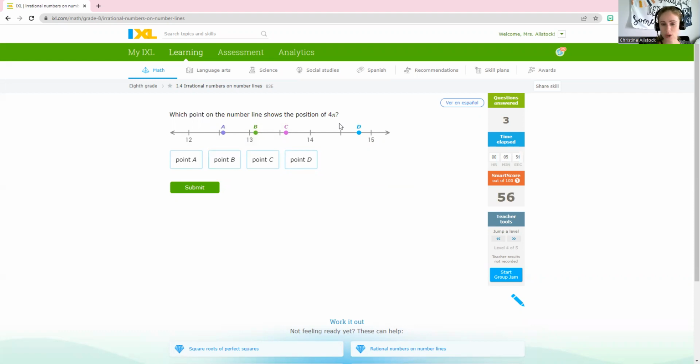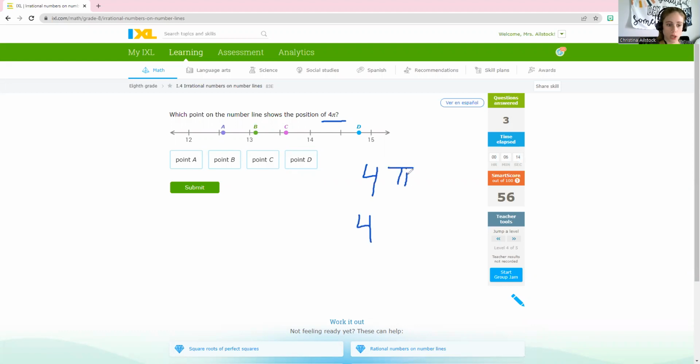All right, let's try this one, and then we'll see if we go up into a super high SMART score here, and we might do another one or two more after that. So this one is another one with pi. We want to know what number here shows the approximate position of 4 pi. Remember, we can use